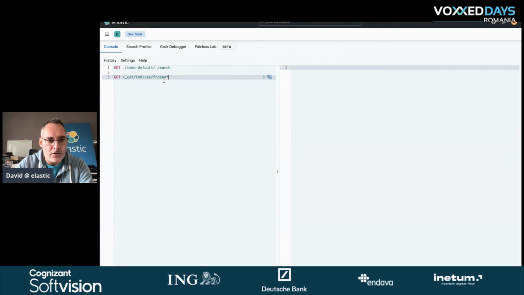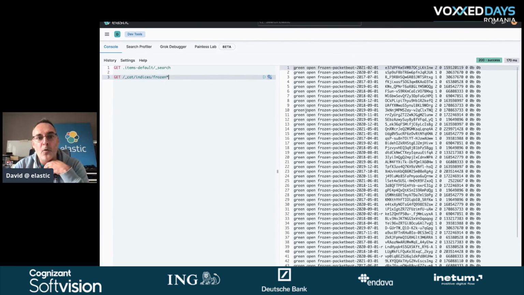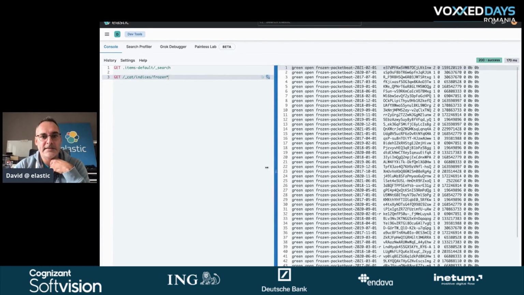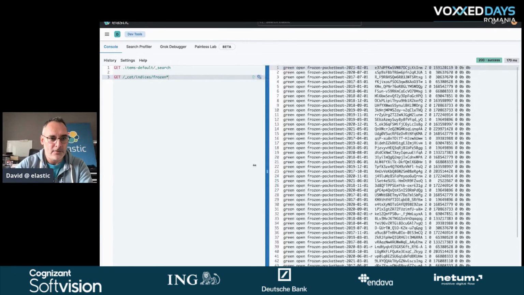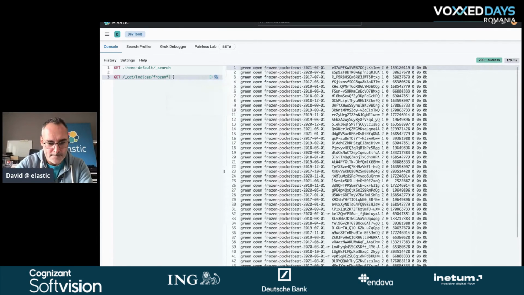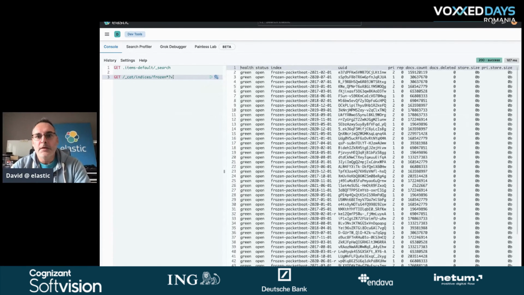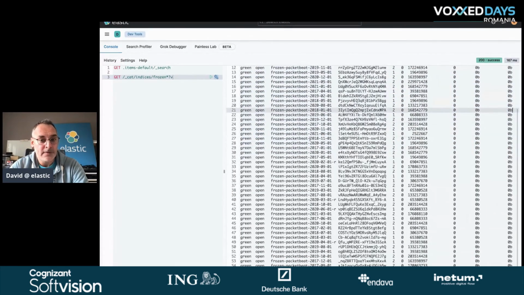So I have a lot of indices that you can see here. Let me add the header. So you can see all indices from 2017, 2018, etc. A lot of data is available. And as you can see, here the size on the Elasticsearch machine is 0. What does it mean?